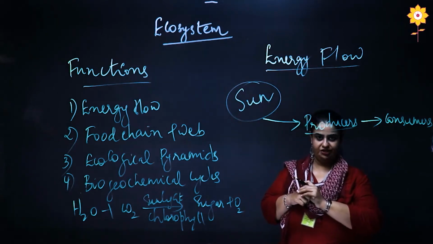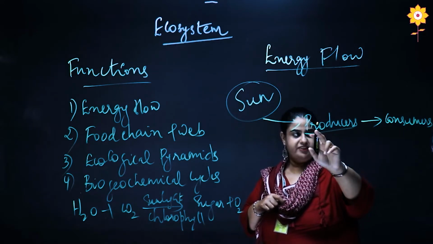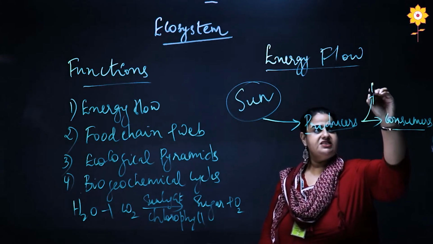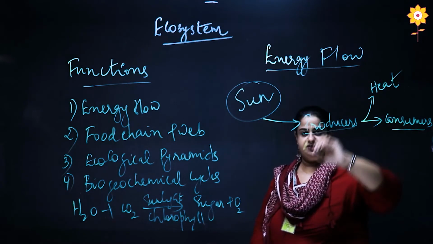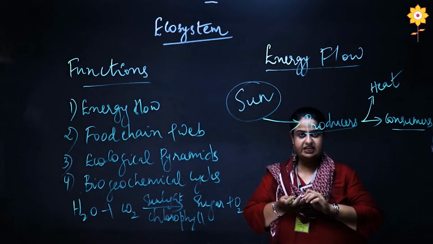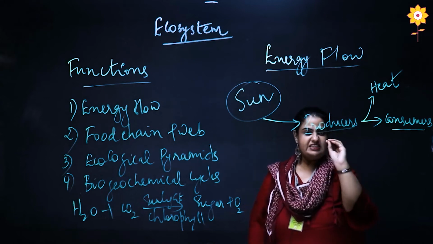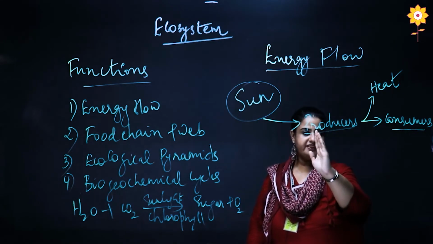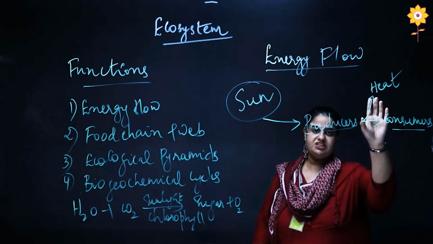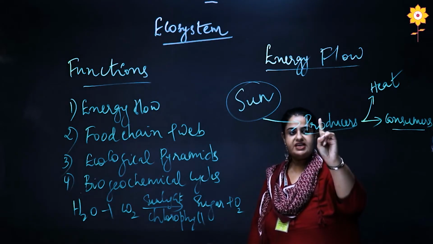Now, there is a catch here. When energy is transferred in the form of food that is being produced by the producers to the consumers, some amount of energy in every step is dissipated in the form of heat, as per the law of thermodynamics. Whenever there is a chemical reaction, energy is either released or absorbed. So, heat energy here is released. So, in simple words, when producers transfer their energy to the consumers through the food they produced, some amount of energy is lost in the form of heat. So, consumers will never have the same amount of energy as the producers.